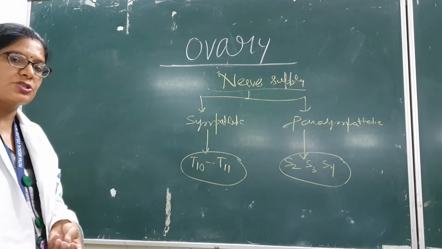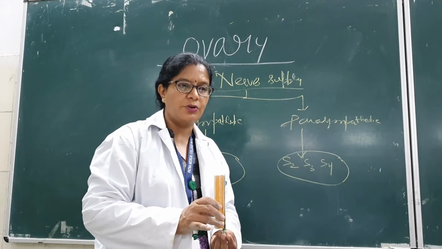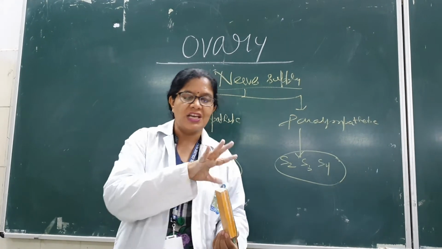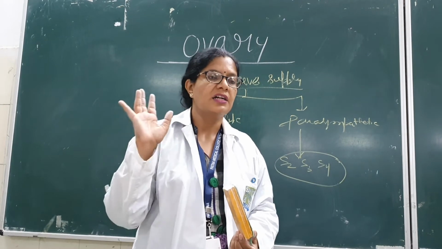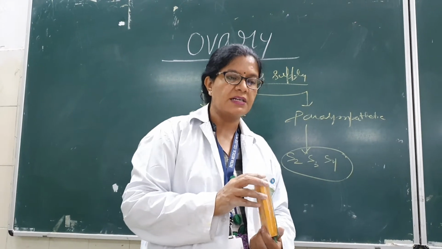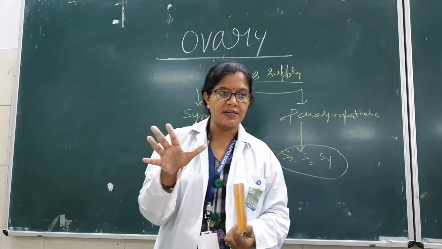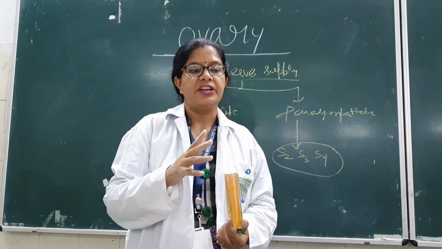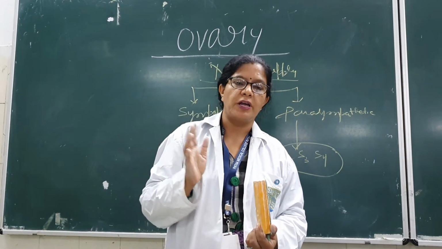Now coming to the overview of the ovary. So in short, what you have to know about the ovary, it has two ends. What is the ovary? It is an almond-shaped gonad which will give rise to oocyte. That is one thing. Then it has an endocrine function, that is the other important part. It will secrete estrogen and progesterone. Now it has two ends, upper end which is broad, lower end which is pointed, and two borders, anterior border or the meso-ovarian border which is straight, and posterior border which is convex.